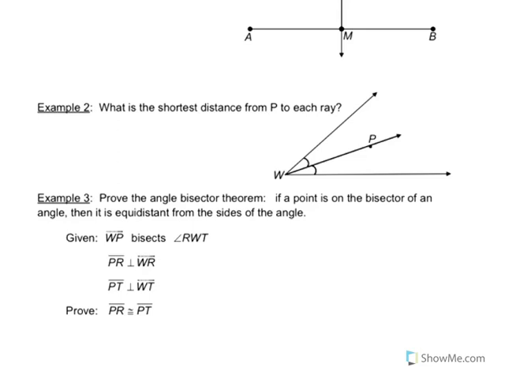Okay, so example 2 says, what is the shortest distance from this point P, notice point P right here, to each ray of this angle? So it should be rather obvious what the shortest distance is, but I thought I would just mention when I was